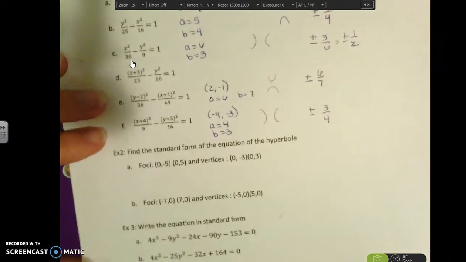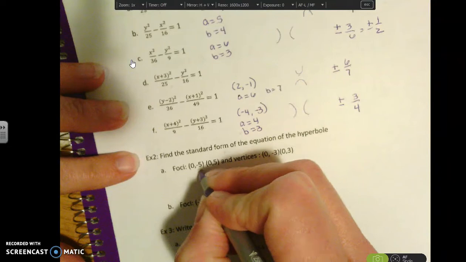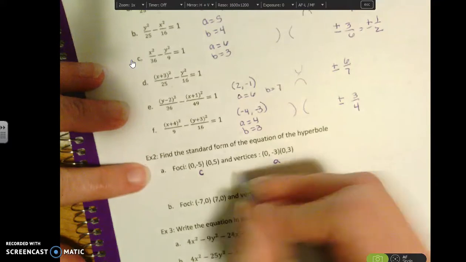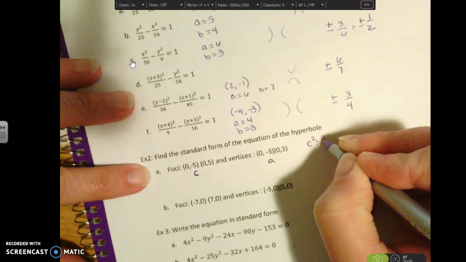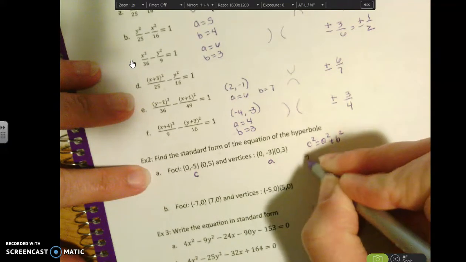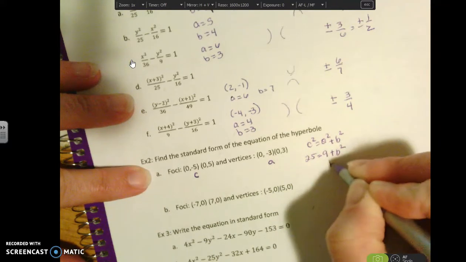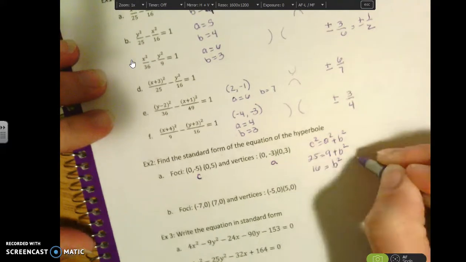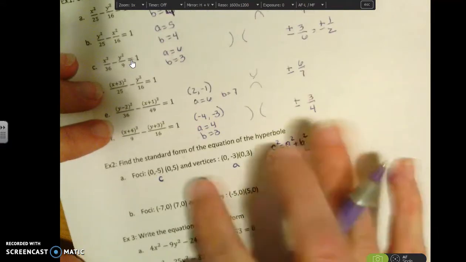All right, so on this next one, they're giving you the foci and they're giving you the vertices. So that means that we know what C is and we know what A is. So now I can use that information to find B. So again, C squared equals A squared plus B squared. So I'm going to have 25 equals 9 plus B squared. So B squared equals 16. So B is equal to 4. So I don't really need to know the B other than to